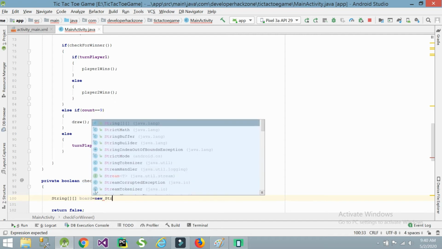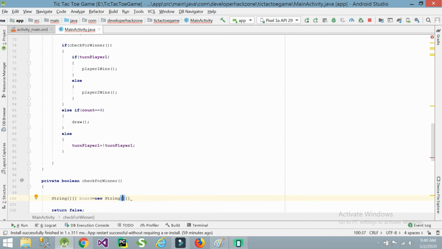We need to get each and every value from each box. There are total 9 boxes in the board, so 3x3 equals 9.